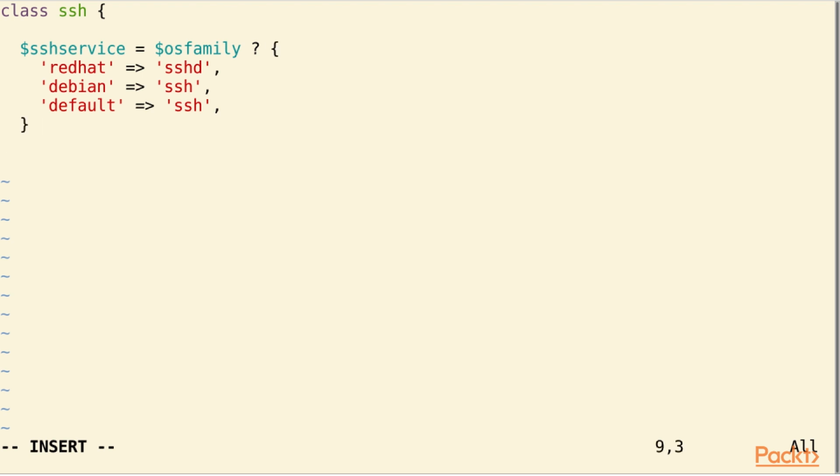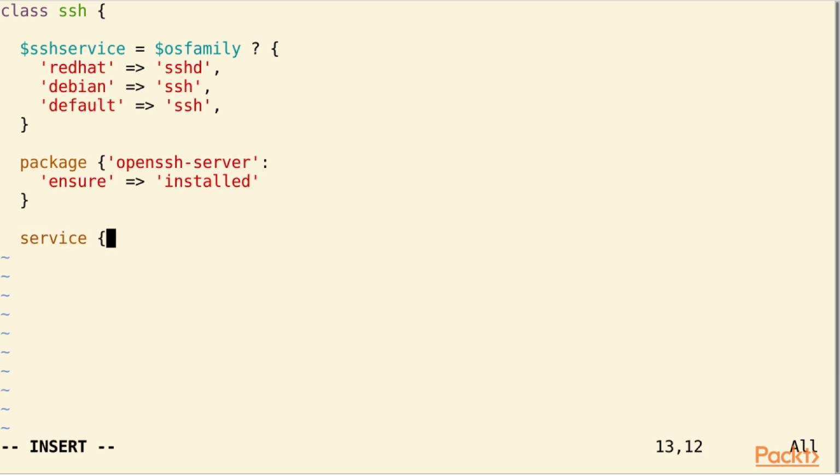After that we would declare a package type resource, and in the title we would put openssh-server, and this name is constant across the Debian operating systems as well as the Red Hat operating systems. So we would give the attribute value pair ensure, and we would set this to installed. Next we would just go ahead, close the resource declaration, and after that we would do a service type resource declaration. Over here we would give the name of our selector SSH service,